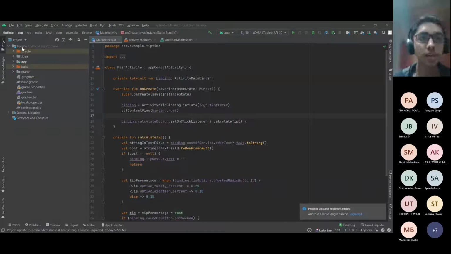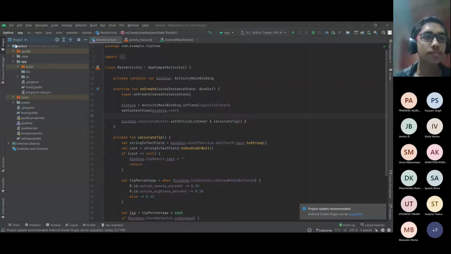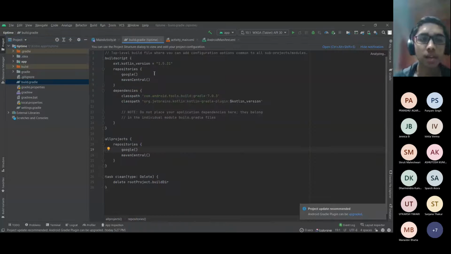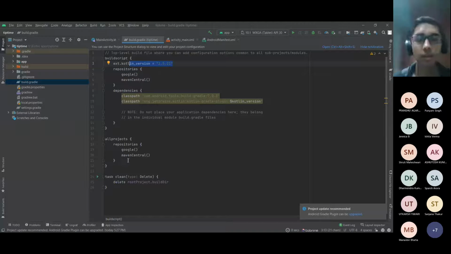So when you come into your project, this is Android Studio, right? I've just kept this open so that we can directly move into this. In your main project file, in your root directory, there's build.gradle, which we saw defines dependencies, whichever repositories you've got to use, and then your Kotlin versions, and then a little more information about your entire project.